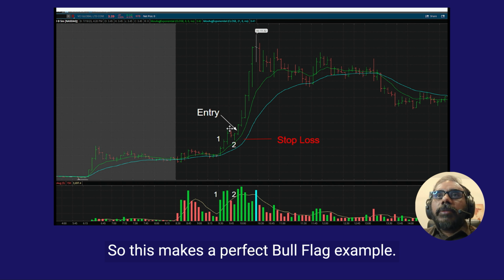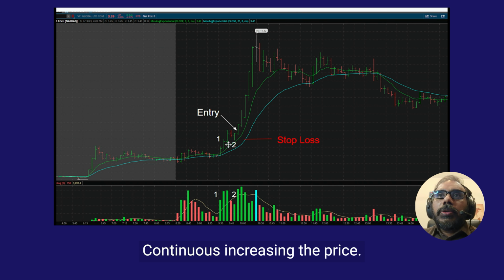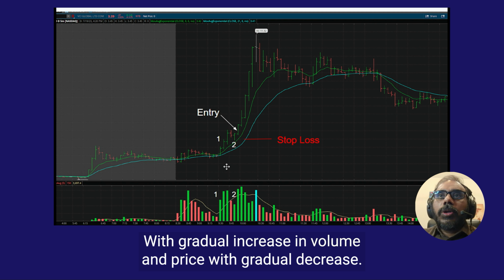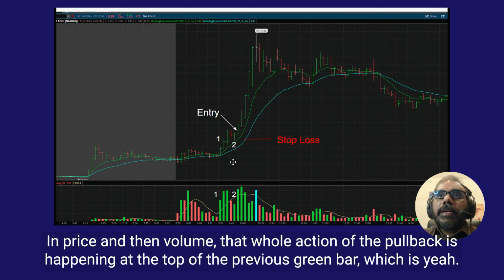So this makes a perfect bull flag example. Continuous increase in the price, at least minimum 2 bars. This has 3 bars with gradual increase in volume and price, with gradual decrease in price and then volume. The whole action of the pullback is happening at the top of the previous green bar, which is here,